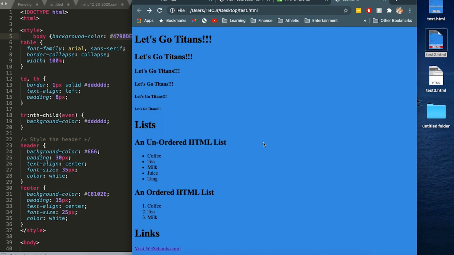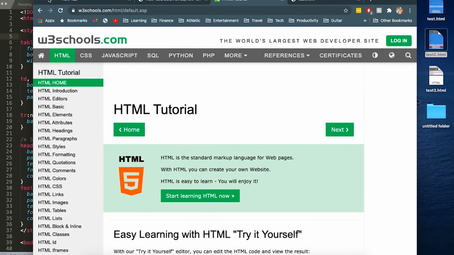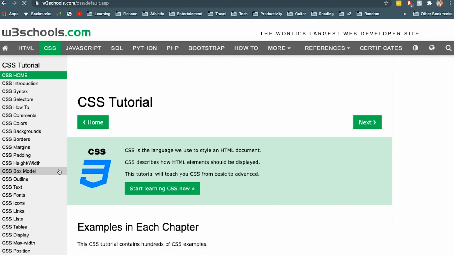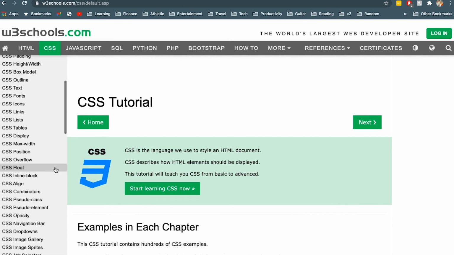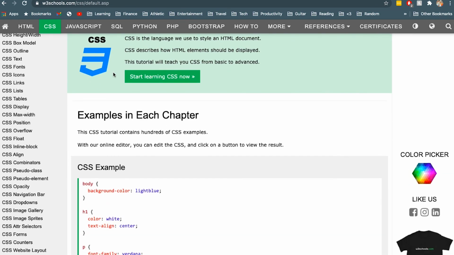So this is just a really brief overview of some of the elements and capability of HTML and CSS. If you were to want to play around and gain experience, I would really highly recommend w3schools.com. You can learn about HTML, you can learn about CSS, which has a lot of information about how to beautify your web page, and beyond that, it will also teach you how to